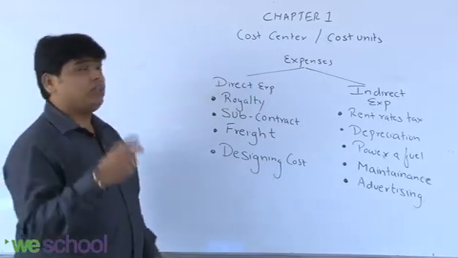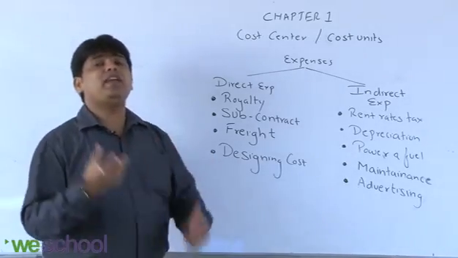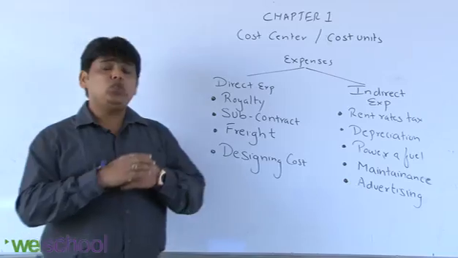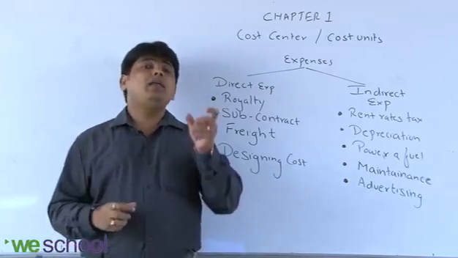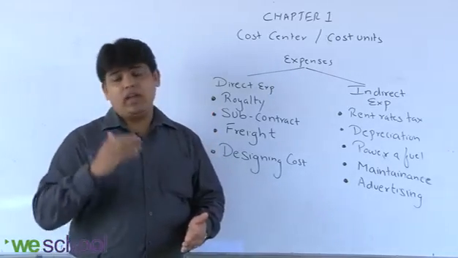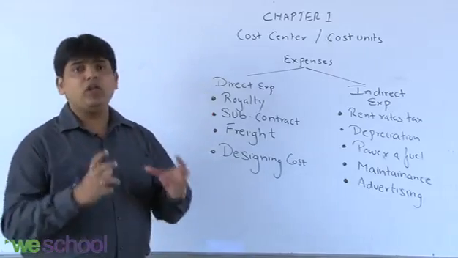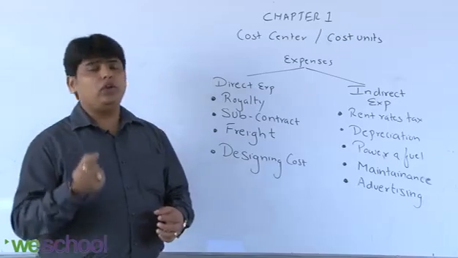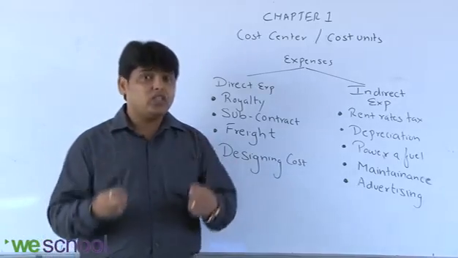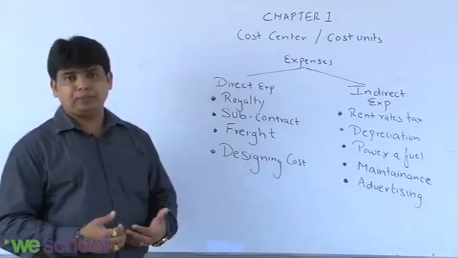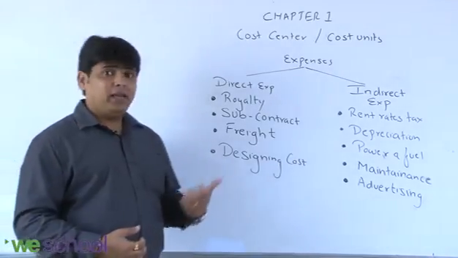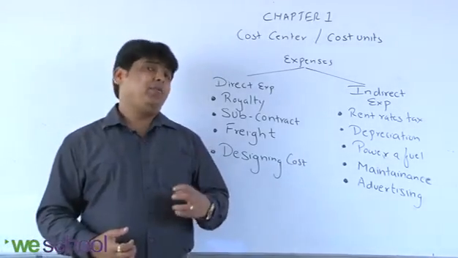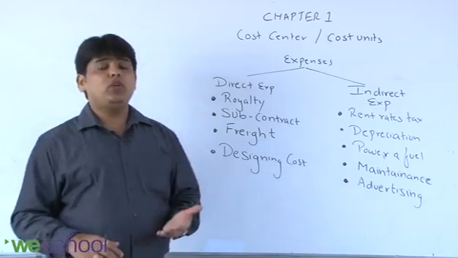But now we'll come to these two expenses. By adding these two expenses, we get prime cost. So there is no difficulty in calculating the prime cost of each and every product of a particular company, of any company where production is not of a single product, but we are producing different lines, different categories of product. Right? So for them, calculating the prime cost is not so difficult, because what is prime cost?